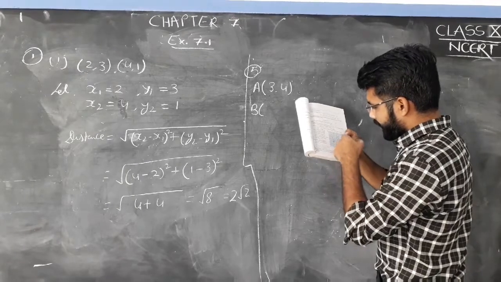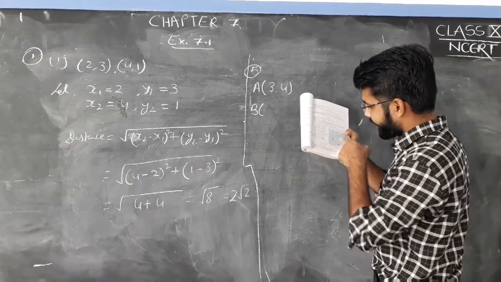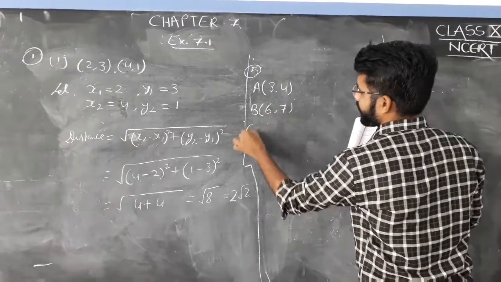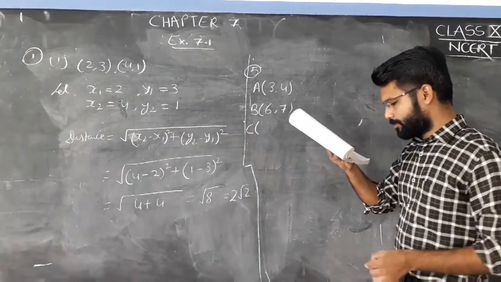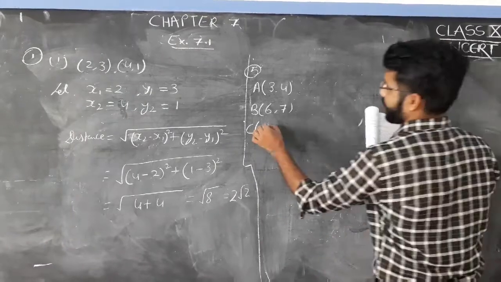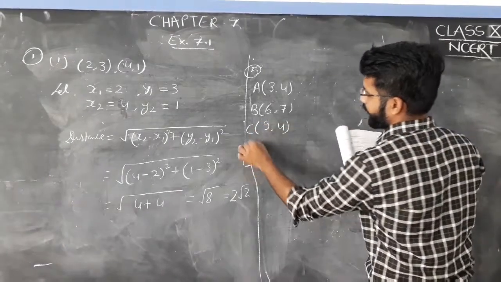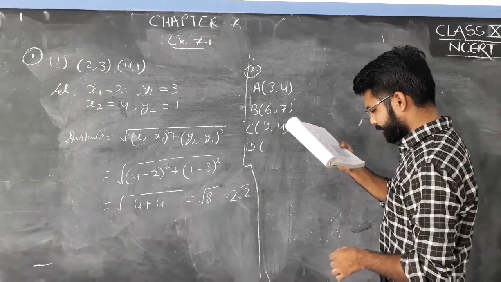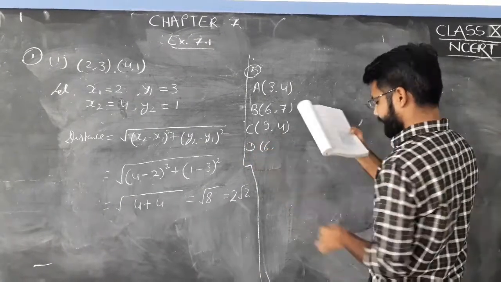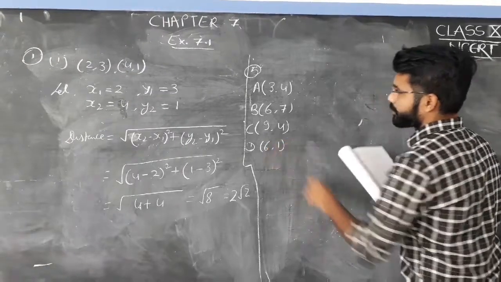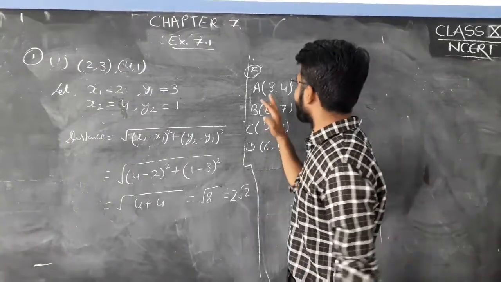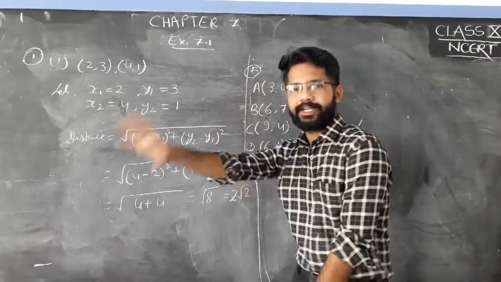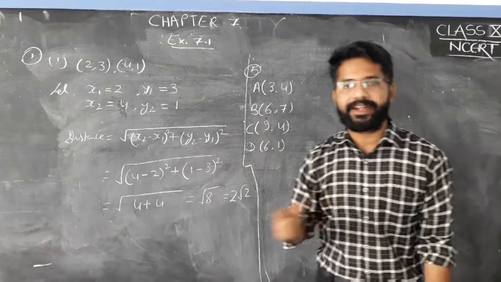Coordinate of B going on x-axis 6 and y-axis is going on 7. So the coordinates are 6 and 7. For C we have coordinates 9 and what? 4. 9 and 4. And coordinates of D we have what? On x-axis it is vertical point 6 and on the y-axis 1. Okay, so coordinates of A, B, C, D we have what? 3, 4, 6, 7, 9, 4 and 6, 1. So ये coordinates हैं, you can easily find out these coordinates.